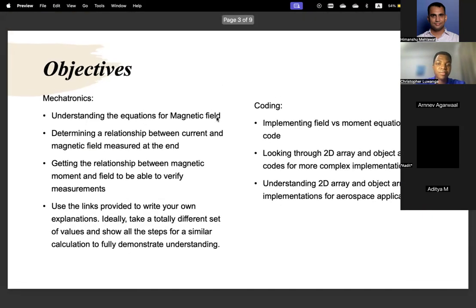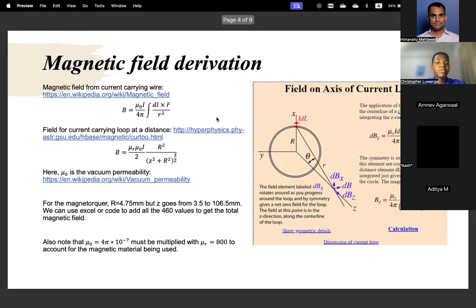So the magnetic field of the magnet torque is just the magnetic field of any, we start with the magnetic field of any current carrying wire. Okay, so this equation shows you the magnetic field of any current carrying wire, whereby this is a constant. By constant, we mean that we've agreed on its value as scientists, and this is the current. Okay, and then this is to do with the length, and this is to do with the direction. Okay, now